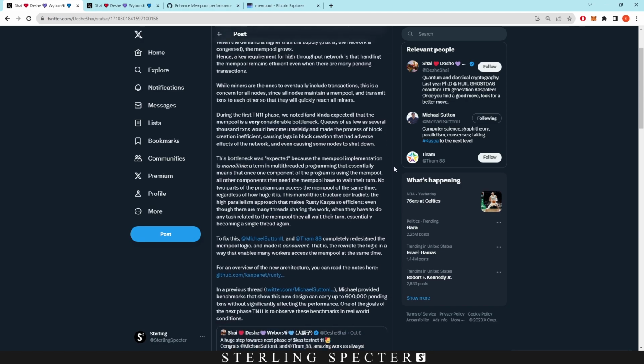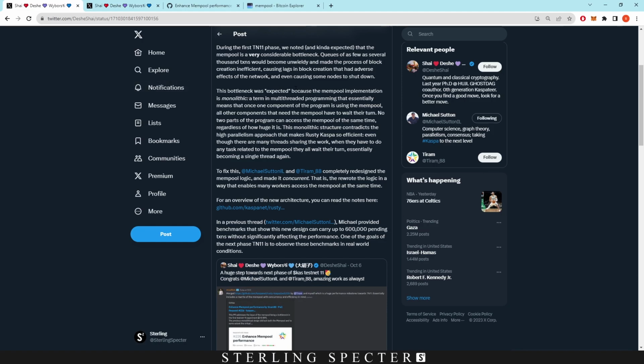So it's about the processing of these transactions. It becomes very inefficient for blocks just because the mempool kind of gets full with so many transactions that the network is pushed back a little bit, and it will affect other parts of the network, as they said, such as nodes. This bottleneck was expected because the mempool implementation is monolithic, a term in multi-thread programming, which essentially